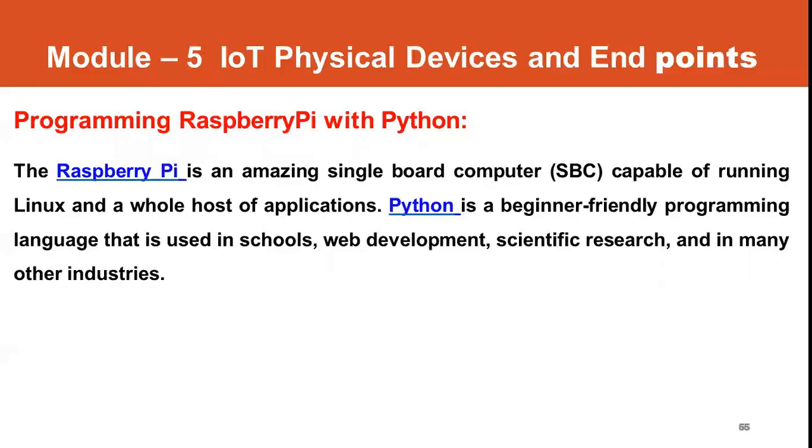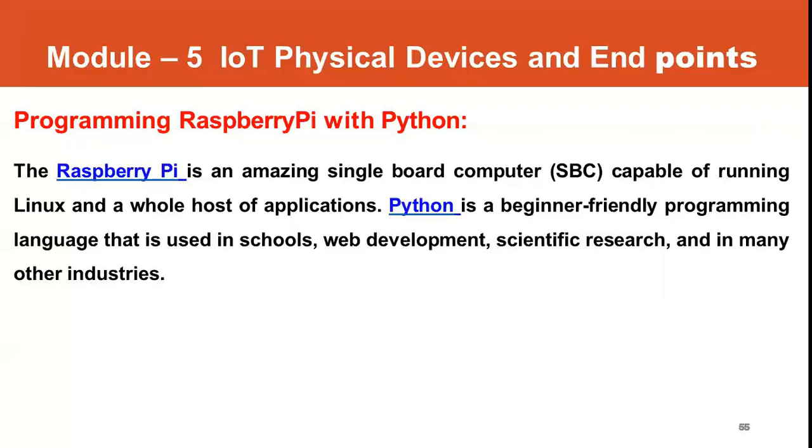Morning. In our last class, we studied the basics of Raspberry Pi board, its configurations, its hardware commands, then its applications as well as limitations. So today we shall discuss the programming aspects of how Python can be used in Raspberry Pi applications, and then we'll see how to integrate the temperature sensor with Raspberry board.